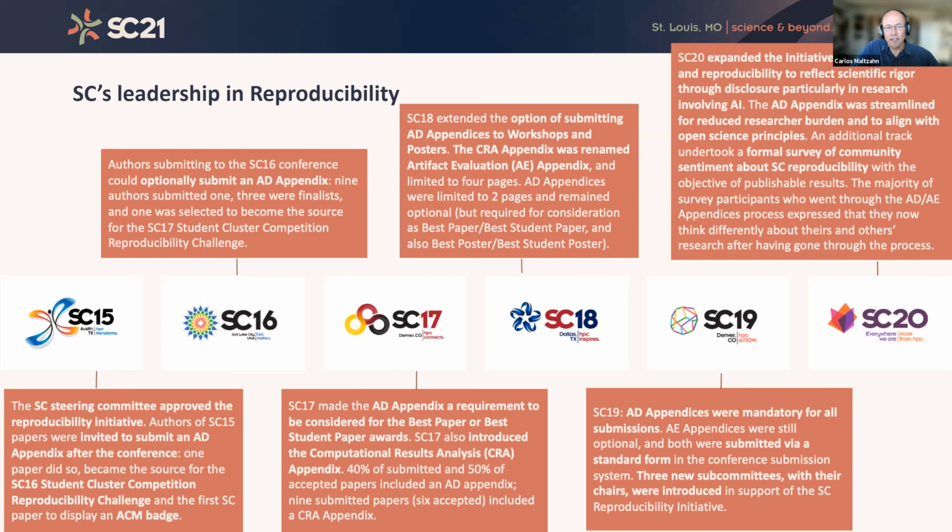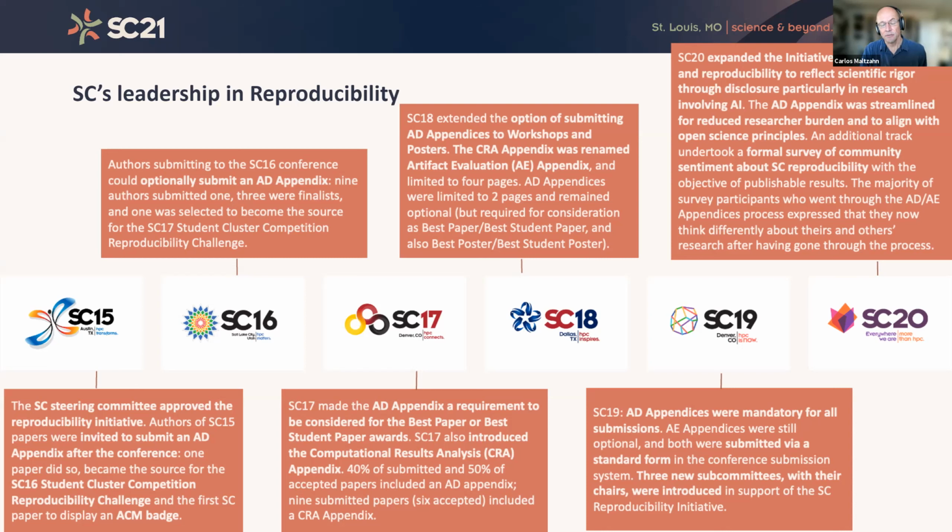And the artifact descriptions were also extended to workshops and posters. In 2019, we saw that for the first time, the artifact descriptions were mandatory for all submissions, and that also meant, based on the experience of previous years, the submission was standardized with a form. Furthermore,